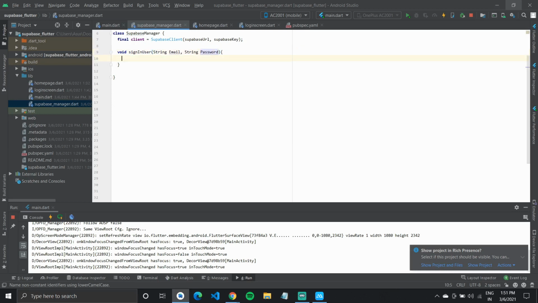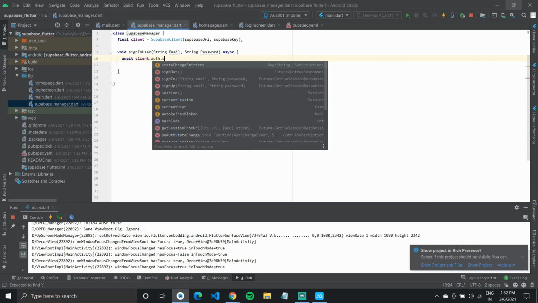Alright, so we will be using this. Let me make it an async function, right? Await this client dot auth dot sign in. So you'll see that this sign in takes in 3 parameters actually, but we will be using sign up, right?